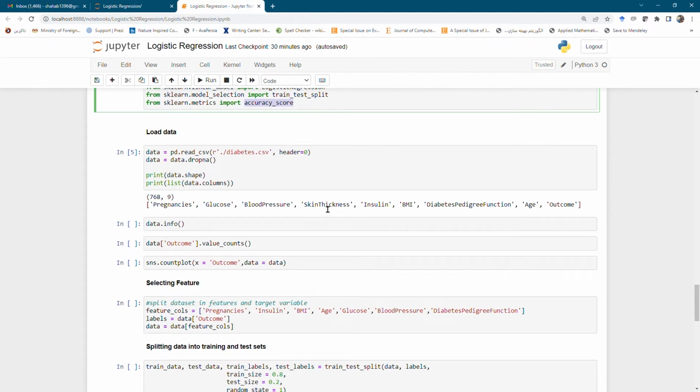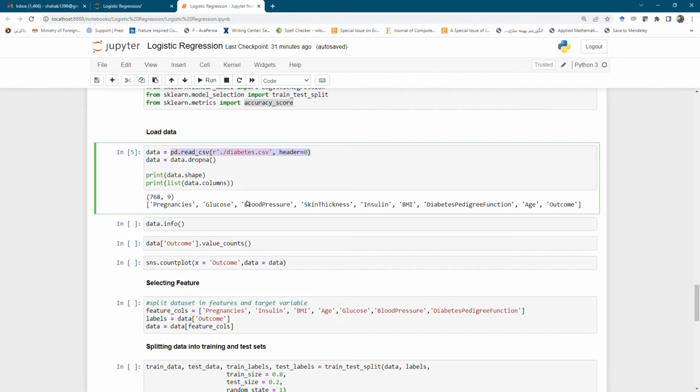We downloaded the data set and saved it to the data folder. We already put diabetics CSV in the data folder. We read it by using pd.read_csv and store it in the data variable. This is our variable. First, you need to read it from the source of this data set,